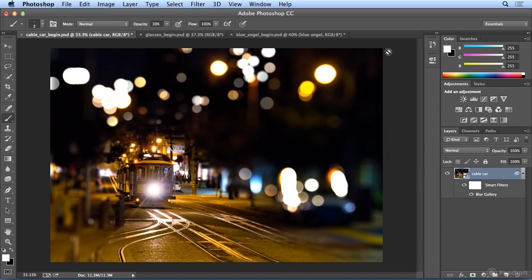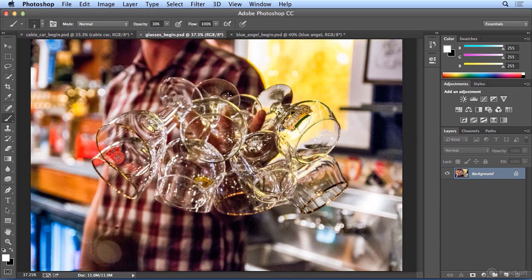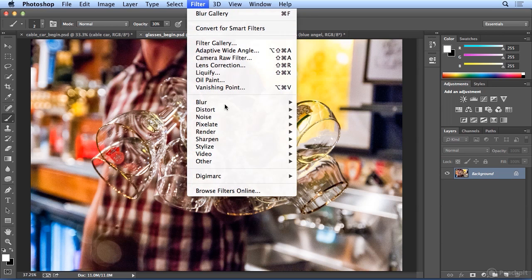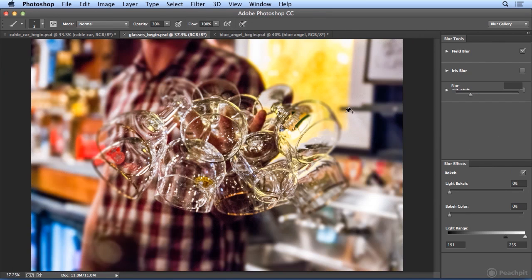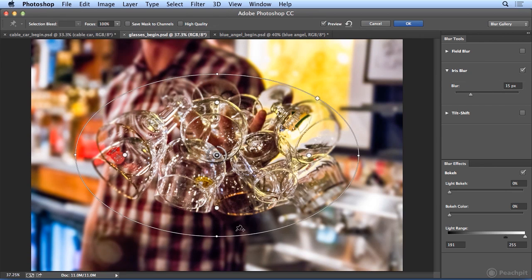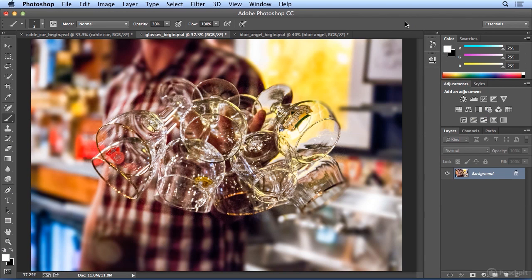And you could try on your own the last shot of these glasses, but notice that the camera already had some depth of field, meaning the foreground is in focus, the background is blurry. If you do Filter, Blur, might as well do it, I'm here, Iris Blur, I could make the glasses the focal point and make this a much wider circle and adjust to create more depth of field, using no keys to pull these out to the edge of the glasses, or an individual point like this one with Option or Alt to pull in. And if I click OK, it's been applied, but be forewarned,